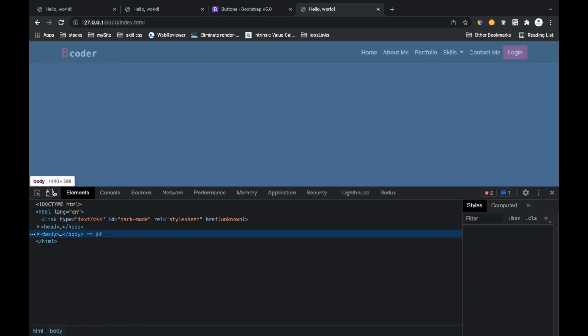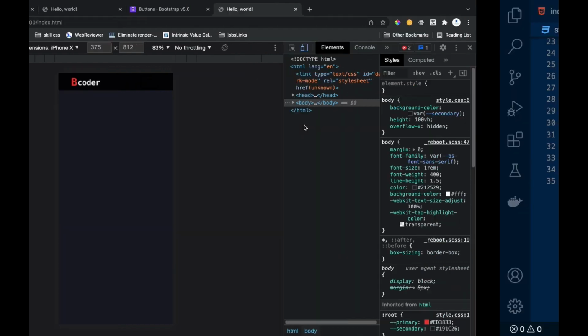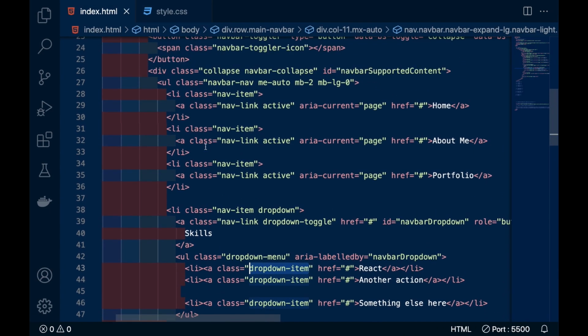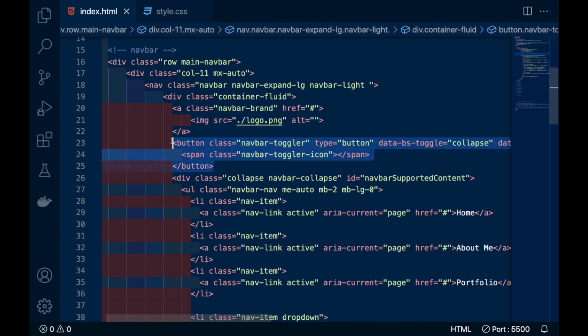Inspect it, responsive. So here is a button, friends, but it is not visible because it is black in color. There is a button and it contains an icon. That icon I will show you in the code here. It is present. See, this was your logo you have written. You remember this is the logo, and below that logo you see a button. This button is that icon. This is hidden when the view is bigger, and it is displayed when the website is in mobile view.